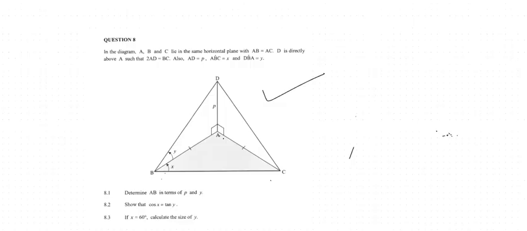So we have three questions, three parts of question number 8. 8.1, determine AB in terms of P and y. So we need to find the side AB. Which right angle triangle should we use, and which trigonometric ratio relates AD, AB and angle DBA? All right, so we use a triangle